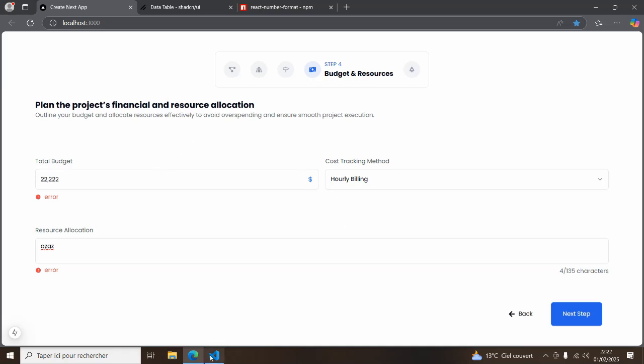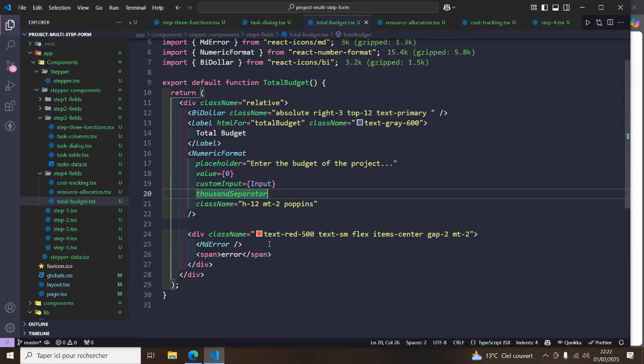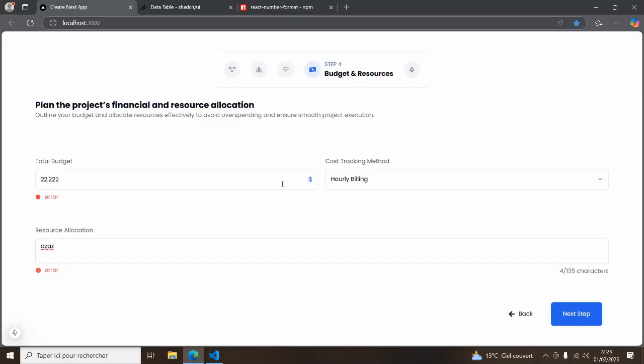So let's go back to the VS Code to show you how we did to be able to create this. The first thing that I did, I created this new folder called step four fields. We are going to be storing inside of it all the elements or the fields, each in its own component or file. So we're having this total budget.tsx. Here, as you can see, we're going to have the $ sign, which is going to be absolute, so you can freely position it